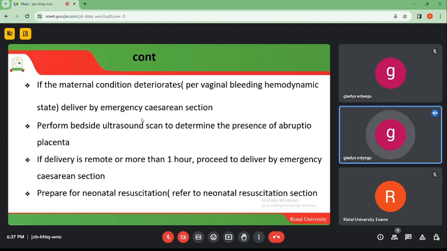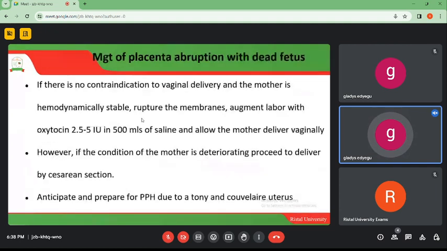So you can realize that this mother has to deliver within 1 hour's time. So you cannot wait for this mother to labor. You just need to hurry to deliver her, and this can be an emergency section. So prepare for neonatal resuscitation, refer to the neonatal resuscitation section, and this baby can be handled much better in the neonatal unit. So if there is no contraindication to vaginal delivery and the mother is hemodynamically stable, then you